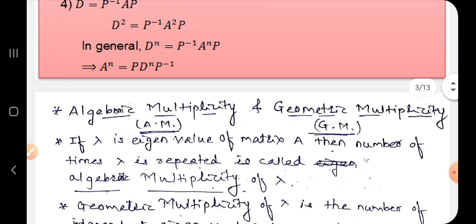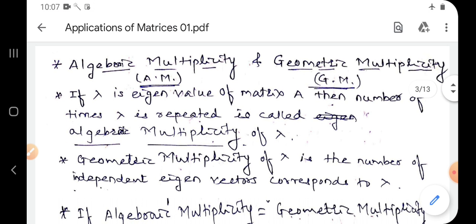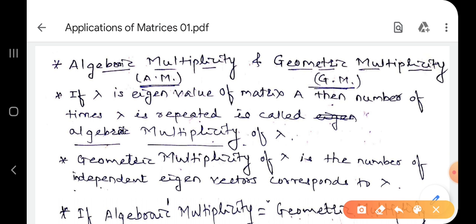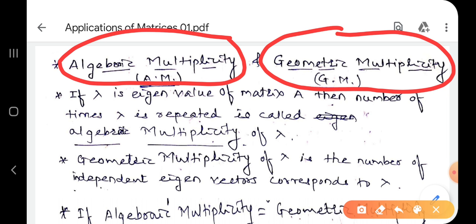Now the big question we have to solve: when is our matrix diagonalizable, and what is the process so that we can directly check whether our matrix is diagonalizable or not? Because a question in the question paper is like this: show that the matrix is diagonalizable and find modal matrix P. Such a type of question may appear, and for that we have to study algebraic multiplicity and geometric multiplicity of eigenvalue lambda.